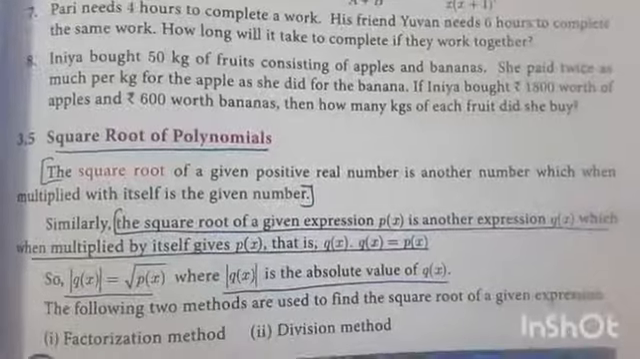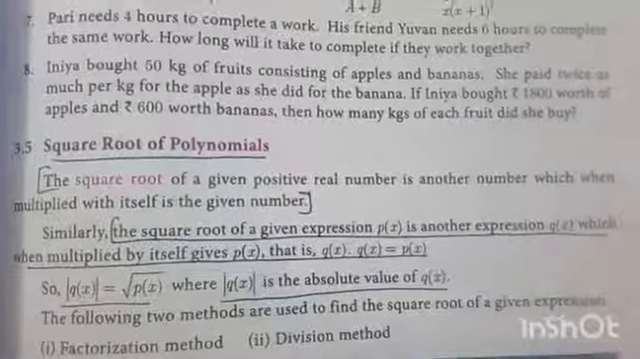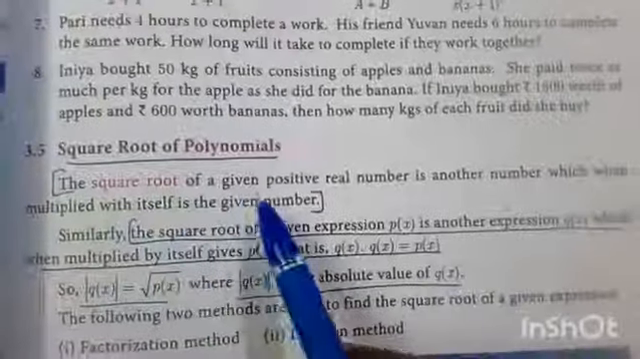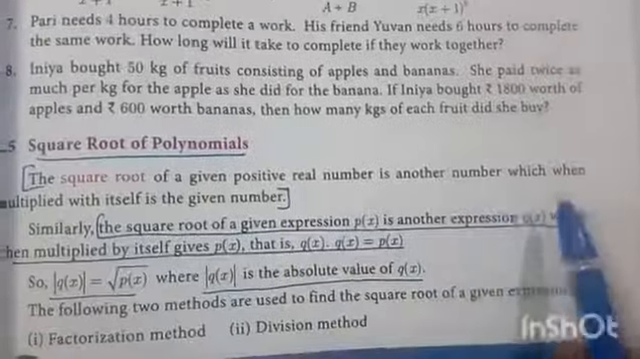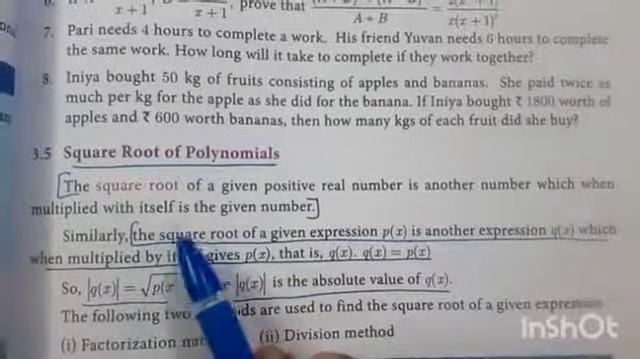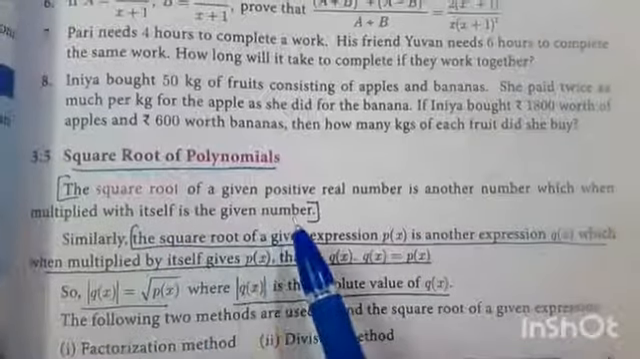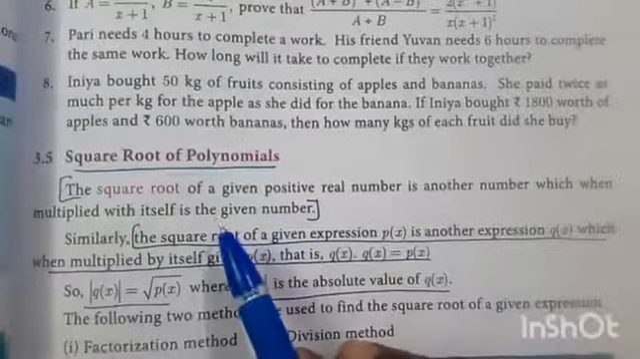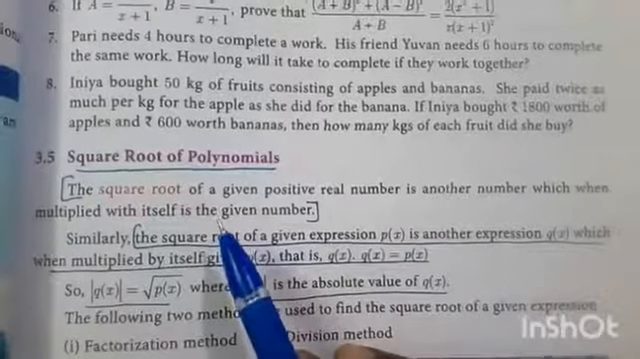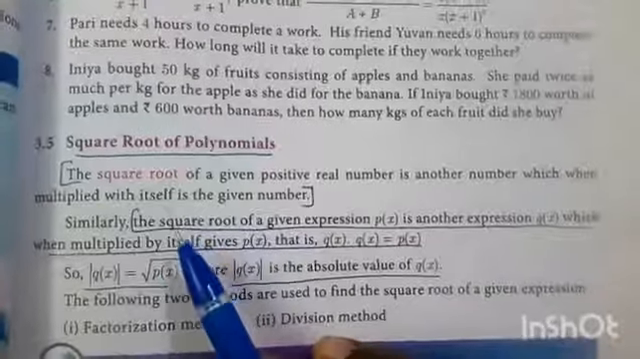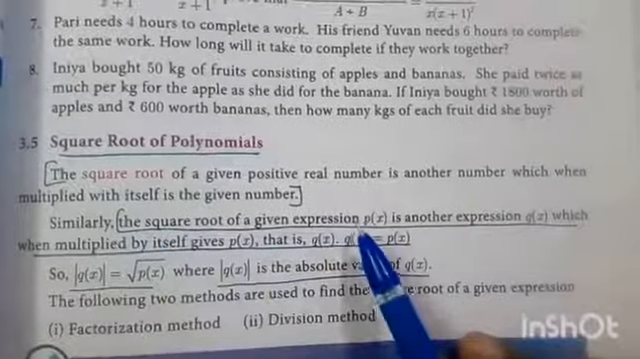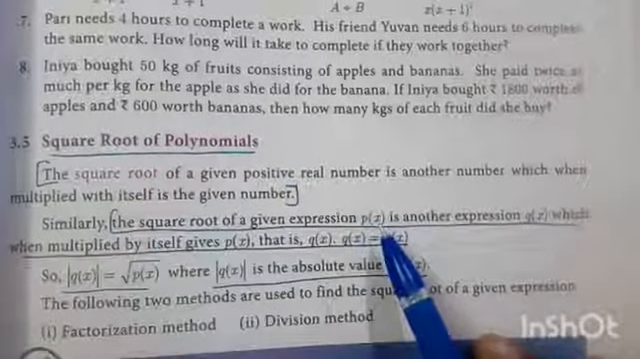Students, now you are going to learn square root of polynomials. The square root of a given positive real number is another number which when multiplied with itself is the given number. Square root means the number, the polynomial multiplied by itself. Similarly, for a general form, the square root of a given expression p of x